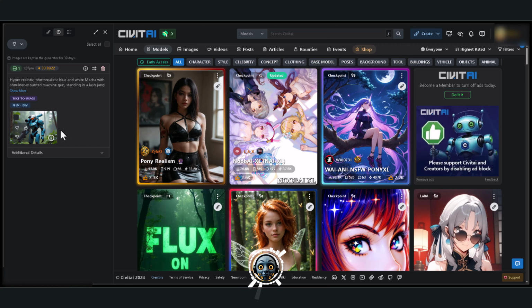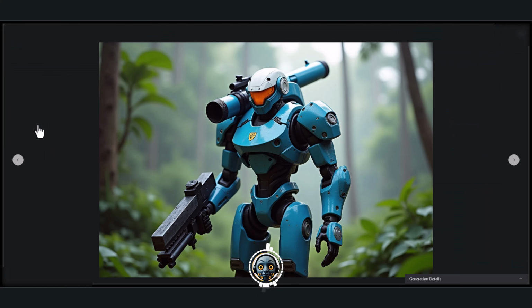So if you plan on using Flux on CivitAI, expect to spend about 33 buzz points per image. As I mentioned, it's definitely built to keep you on the platform. One downside here is that CivitAI doesn't let you run workflows on the site, but that's not a deal breaker